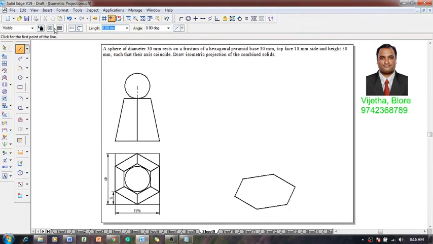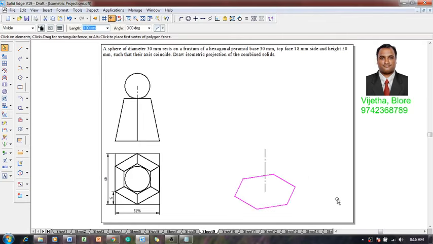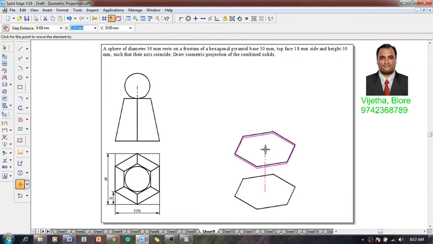After which, using a line command, by drawing one of the diagonals of this hexagon, we will get the center of the hexagon, which is nothing but the midpoint, and then the height of this solid is 15 millimeter. So now this is going to be the axis line, so we will take it as a chain line, and the construction line can be deleted. Now we can see that the bottom base has a distance of 30 millimeter, and the top base has a distance of 18 millimeter, for which I'm going to select the bottom base using a move command, switch on the copy option of move, and relocate it at the top like this.